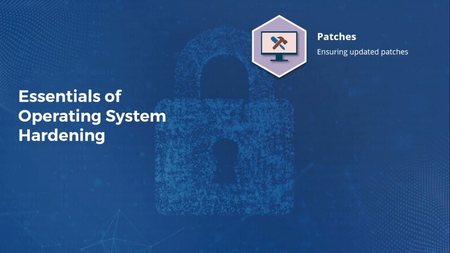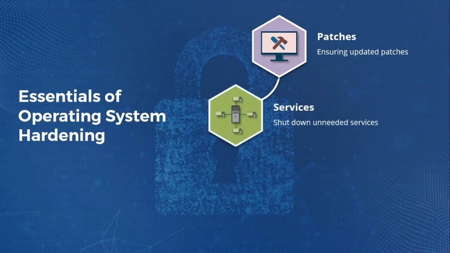Now that doesn't mean that it takes 2 months to roll out a patch. That shouldn't occur. If a patch is released today, you should be able to fully test it within 24 to 72 hours and then begin a gradual rollout. But you must ensure that patches are applied. And that includes routers and switches. They have operating systems that must be patched.